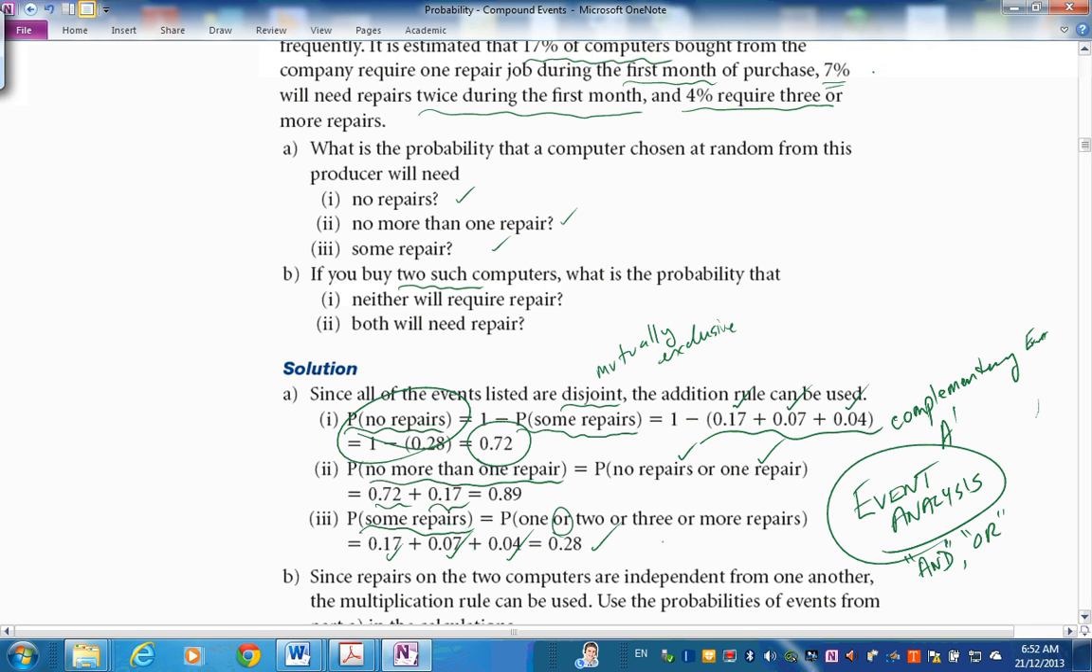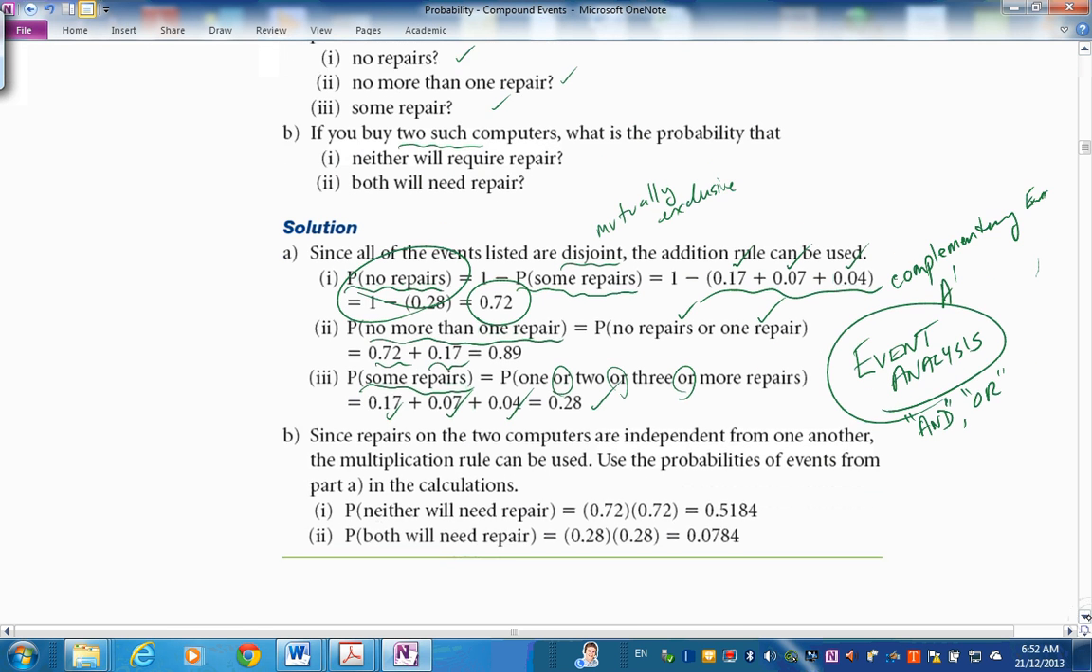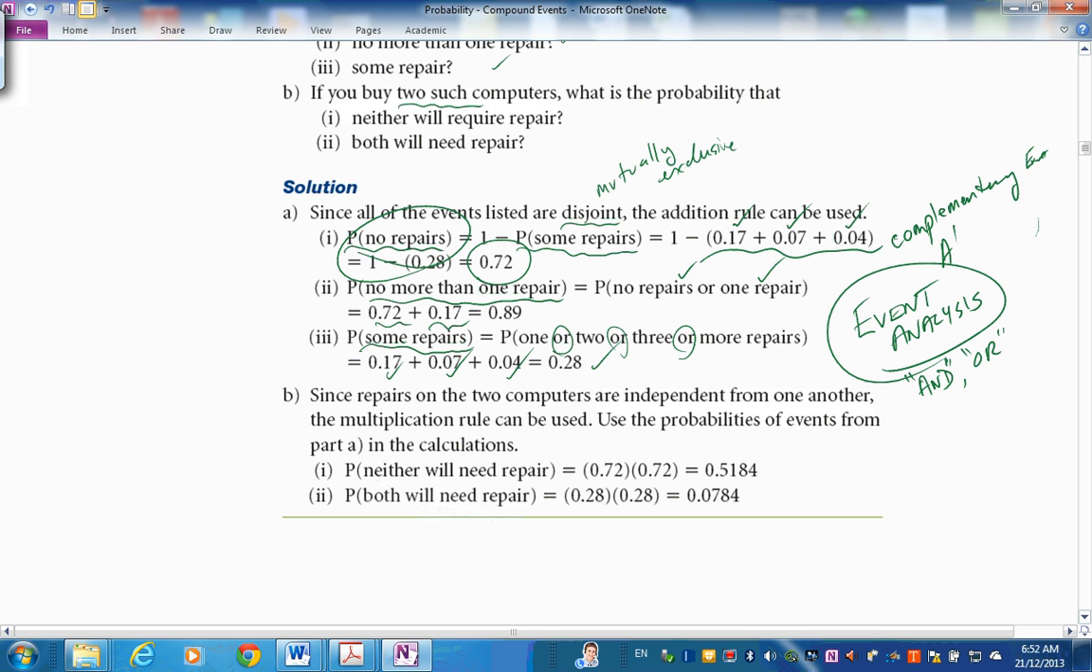1 or 2 or 3 or more. Working into the event analysis or event statement, some words will indicate what to do with the probabilities. So the key words are "and" and "or", because they are our rules that we've just come across now. Okay, well, part B, since repairs on the two computers are independent from one another, the multiplication rule can be